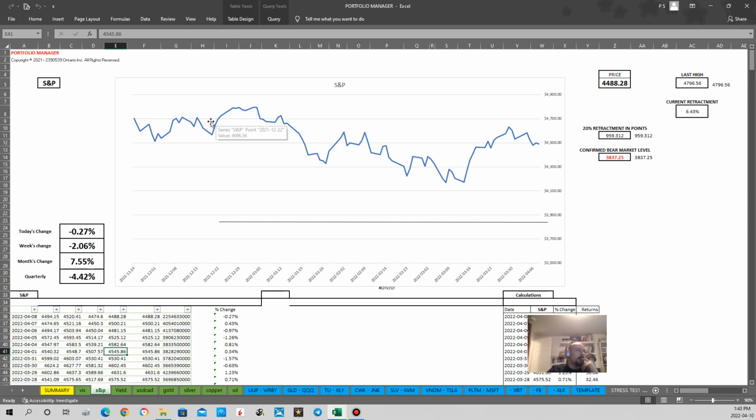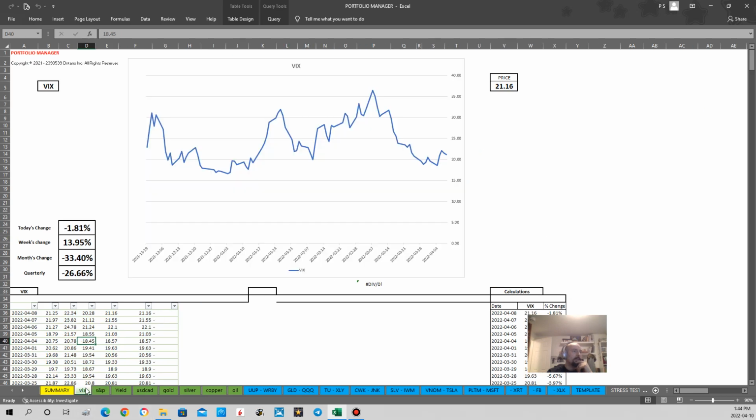Now, what has happened since then is that if you look at the market, January 12th would be right around here somewhere. Yeah, right there. As you can tell, there is no direction. It's all up and down. Overall, actually, it is down, but it's been choppy. The VIX has spiked many times throughout that period. If we go back on the VIX, you'll notice that we spent quite a bit of time above 30, once, twice, significant changes, ups and downs, and volatility due to the political situation, due to the wars over in Europe,